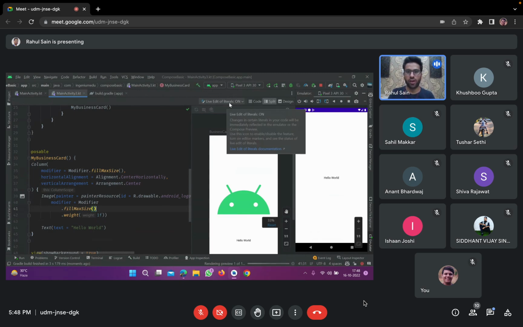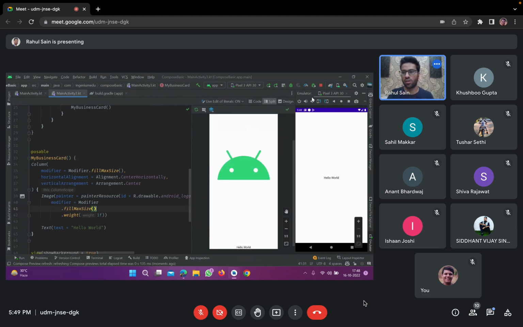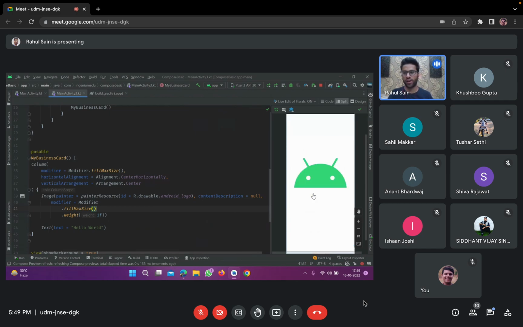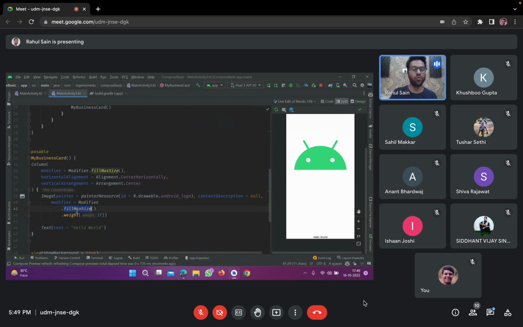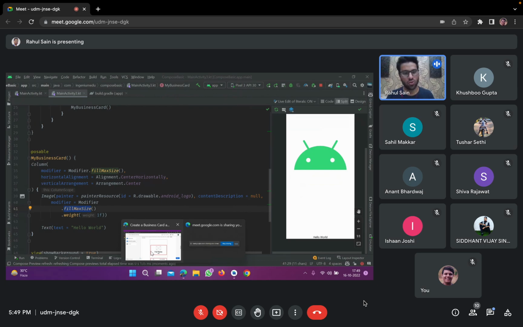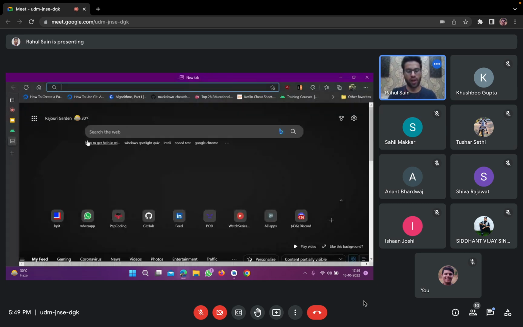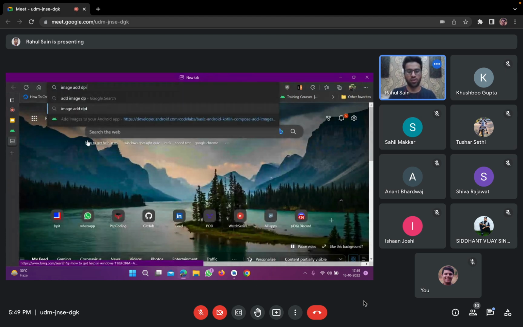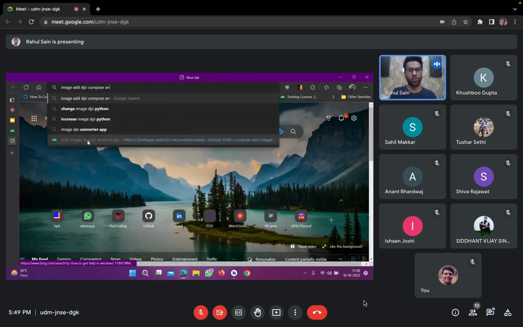And we have already turned this on. So if there are any changes, it will automatically be updated. So for instance, let's minimize this and focus on our UI. It will look like this. We have hello world now. So we don't have to write fill max size here. So add image dp, compose, and